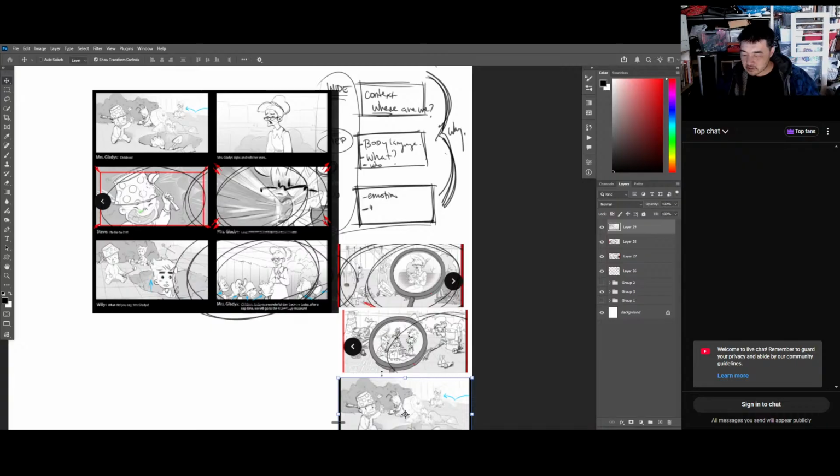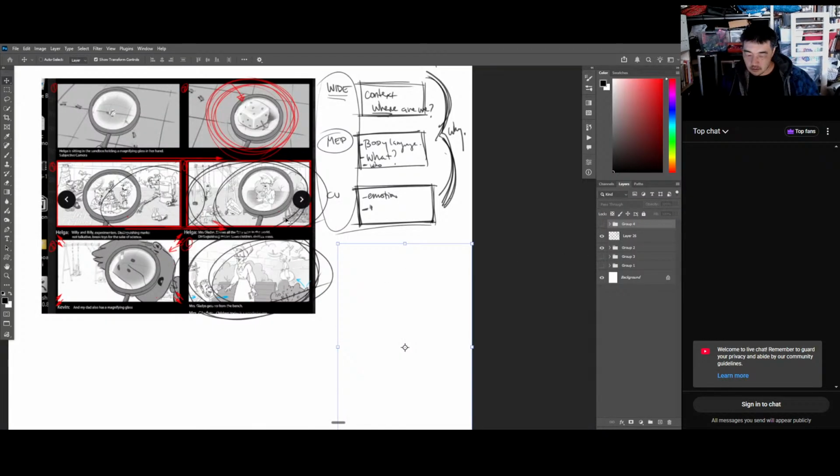Yes, the magnifying glass is already showing me what matters, but I just want to know clearly, because the purpose of a storyboard is to be able to see the story before it's been shot or before it's been animated. That's why we want the clarity. A producer's going to look and be like, "Oh my gosh, look at all these characters that we have to animate. That's going to be expensive." All these characters, it's very expensive.